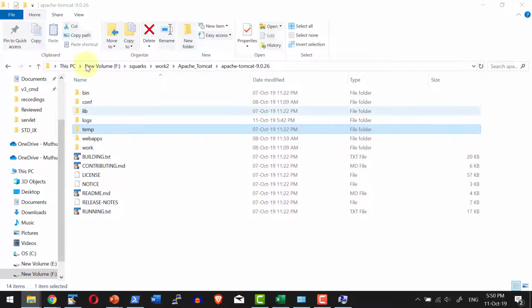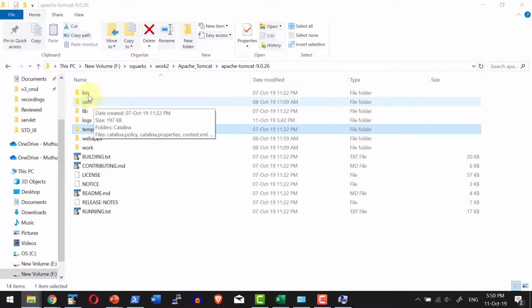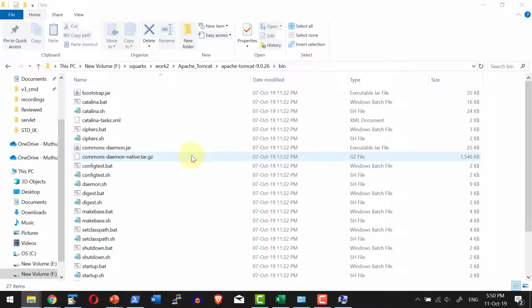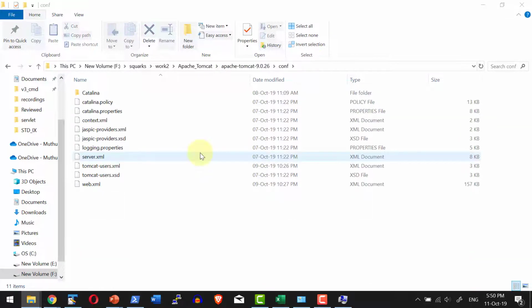Now we will have a quick understanding of the folders available within the Catalina home. The first is the bin folder where I am going to have the executables to start and stop the server. And the scripts will be available both for Windows and Linux systems. As a part of advanced configurations, we will be seeing how to use each and every script available within this specific bin folder. Within the conf folder, we are going to have the configuration files and the DTD, we call